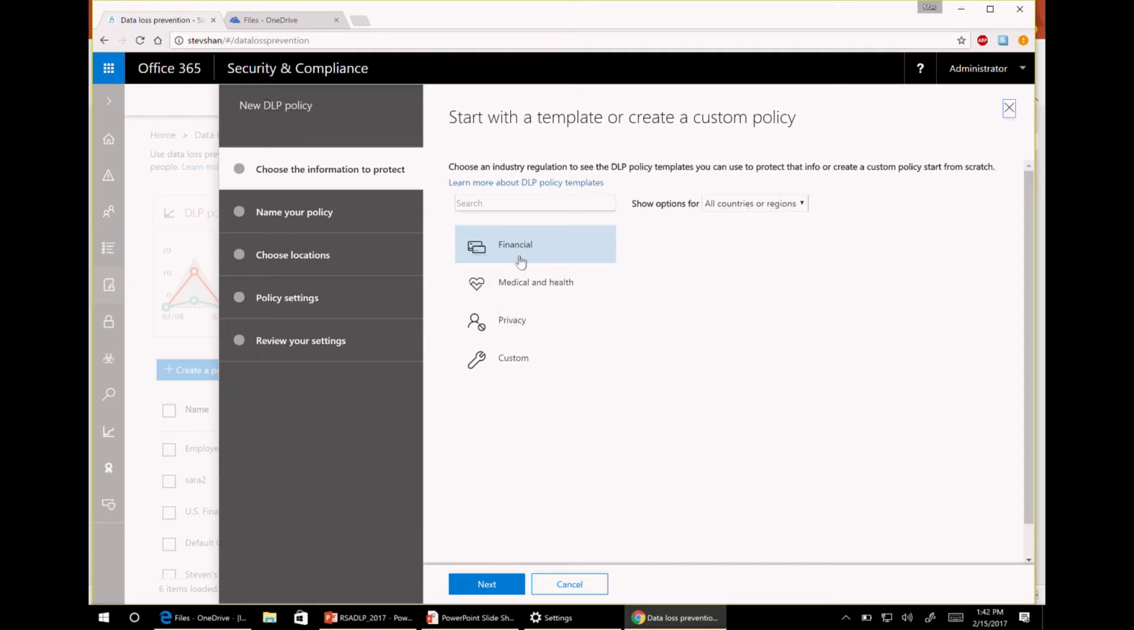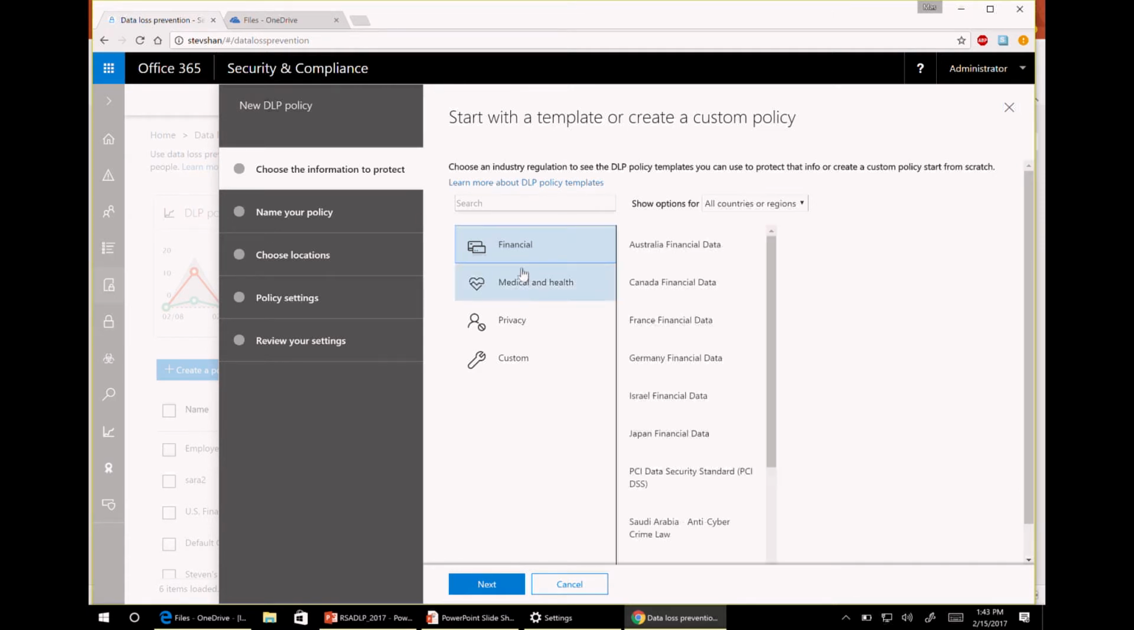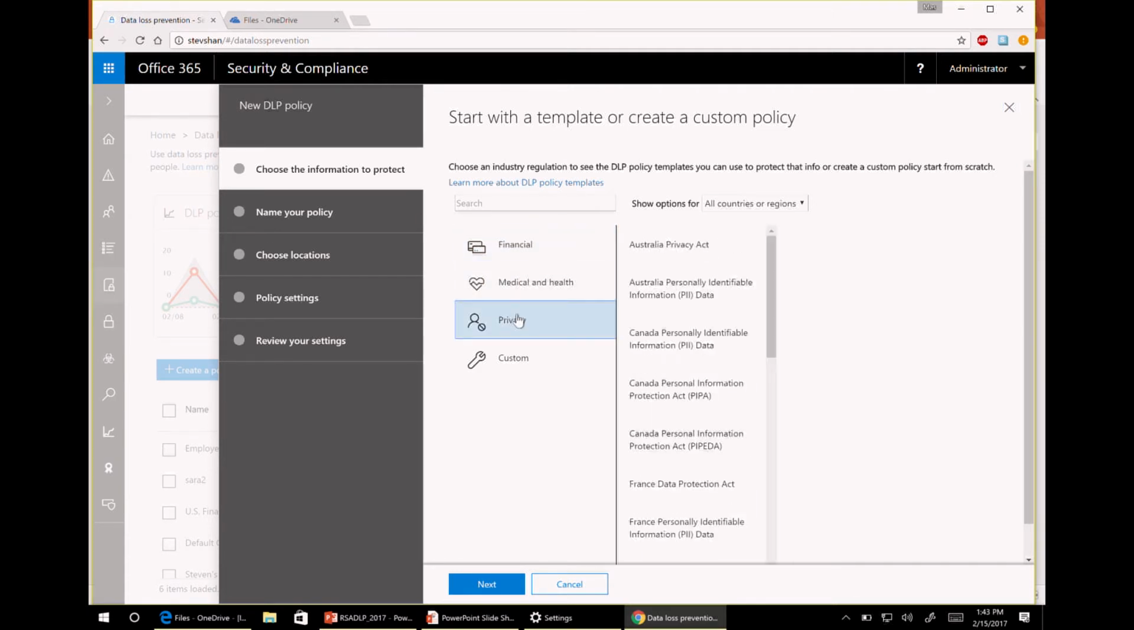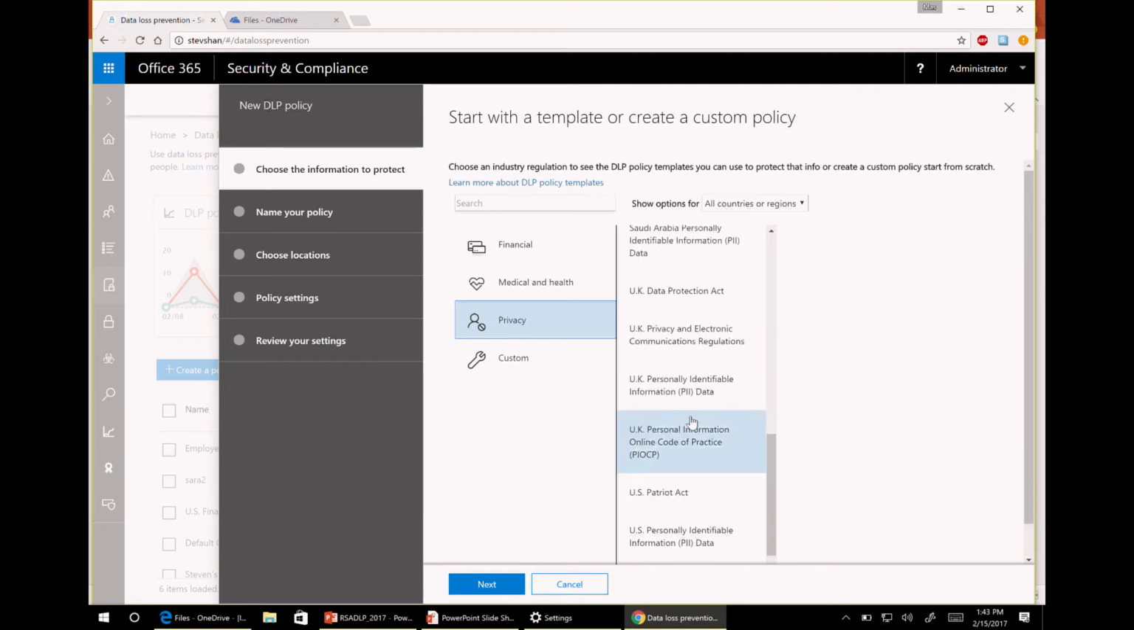Now, what we've done here is we have a number of different industry regulations that we've built templates for so that it's easy for you to get started for common financial, medical, or privacy regulations that span a variety of different regions around the world. And we've also made it easy so you can, if you have a specific type of sensitive information you want to protect or a specific region, you can also filter this list to really hone in on what you're looking for. So I'm going to go ahead and pick